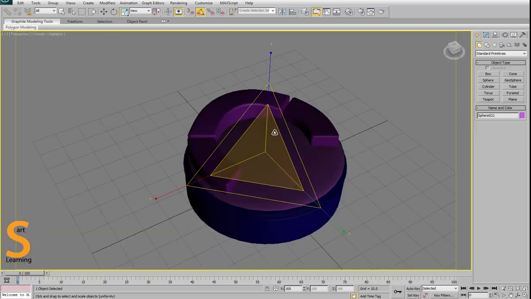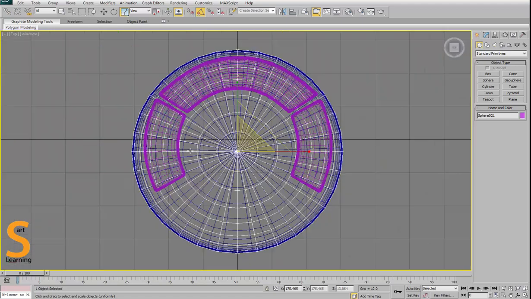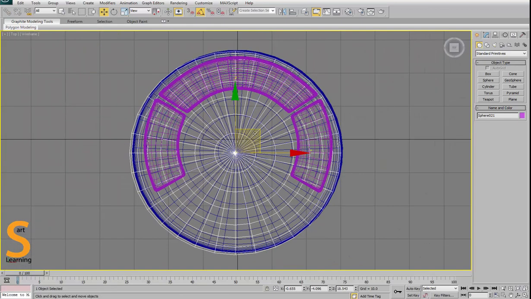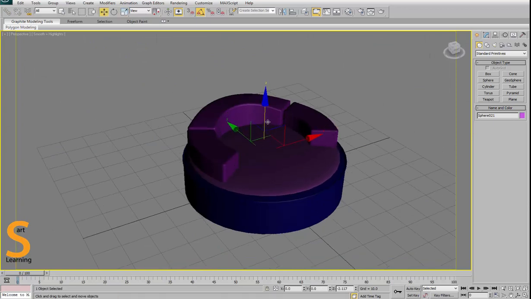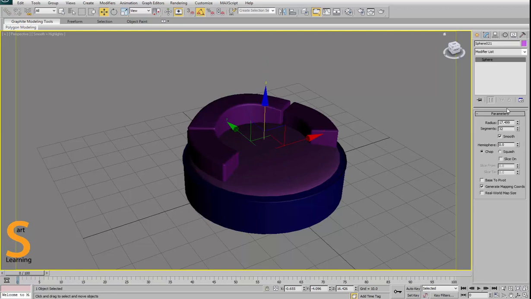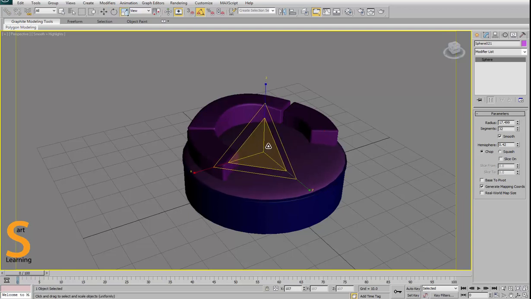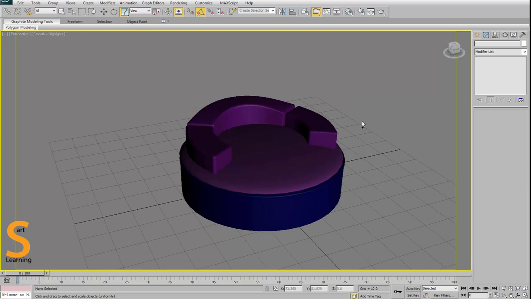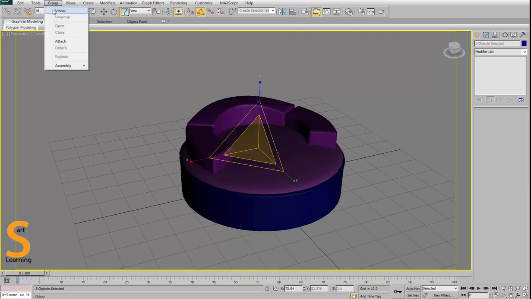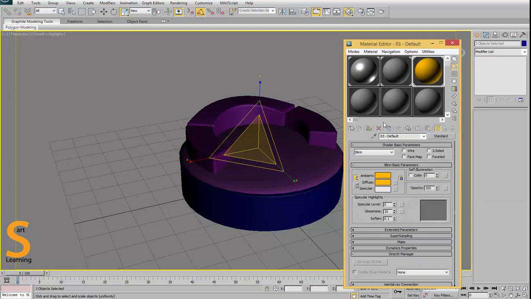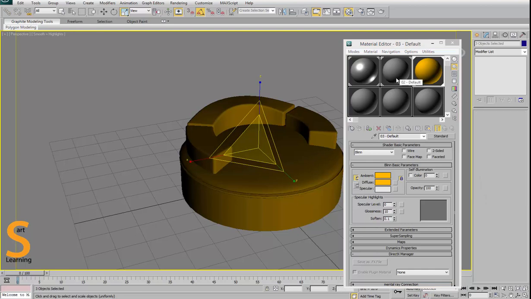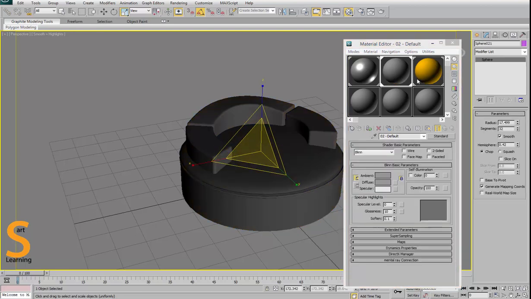Adjust the base accordingly if you want, because I want to give this base for the whole seat, so I adjust according to my base. You can give a hemisphere also. Now my seat is almost done. Just give a basic material for my sofa.